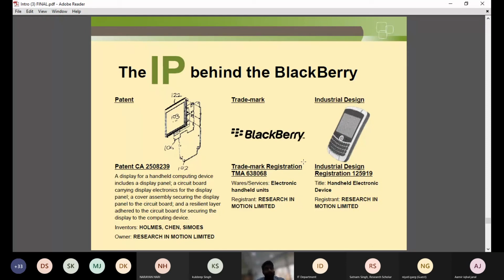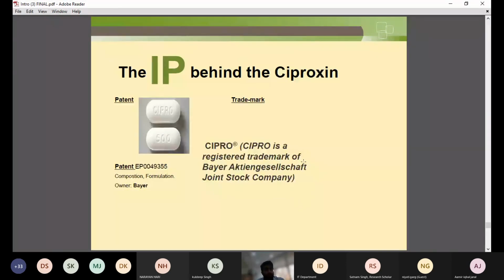Then another example, a drug, and how a drug can have all kinds of IP rights. The technology, we can say the composition and formulation of the drug that has been invented, or you can see the vaccines for COVID that have been invented, right? Those vaccines will get protection under patent rights, and the names through which those vaccines are recognized by us, either Covaxin, Covishield, or we have different other vaccines also in the market, right? So the names will get protection under trademark rights.